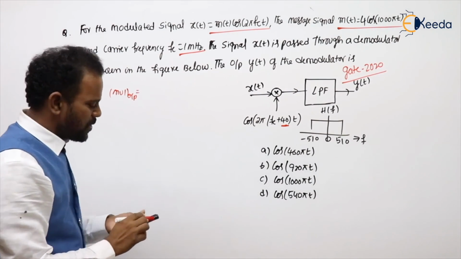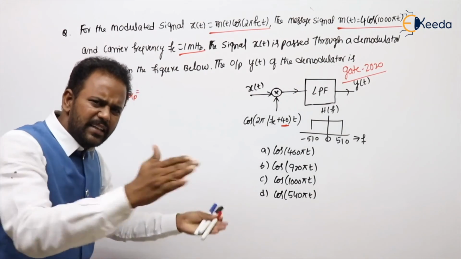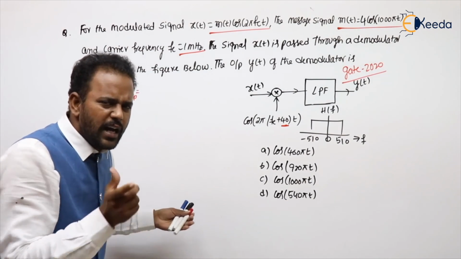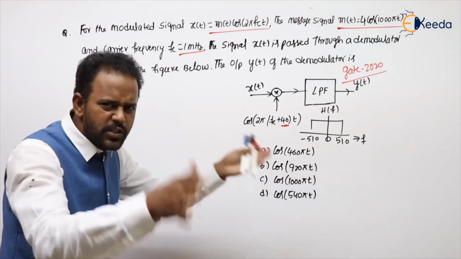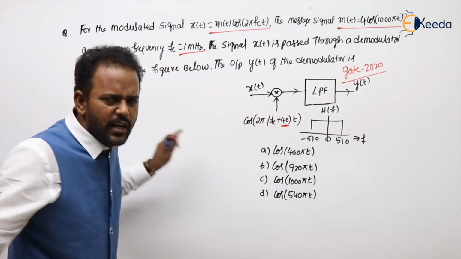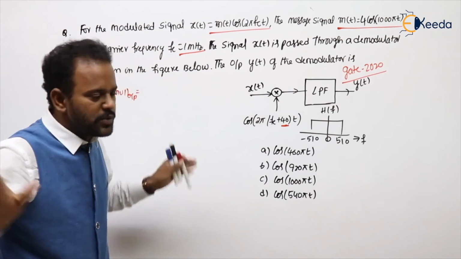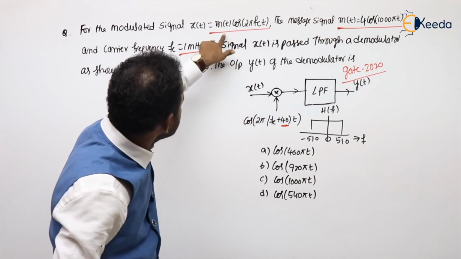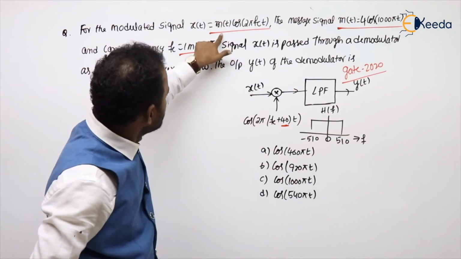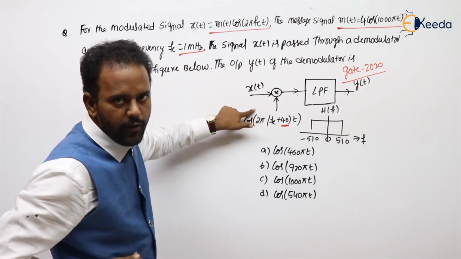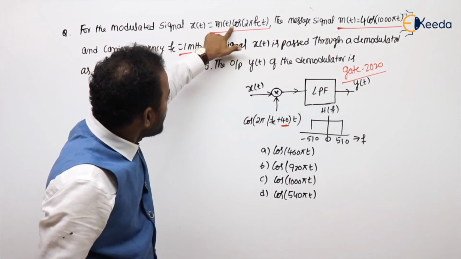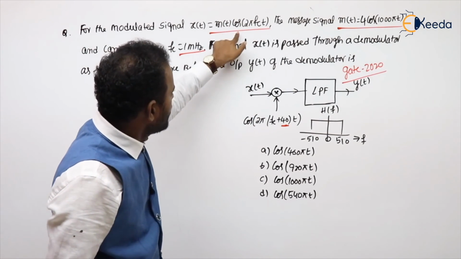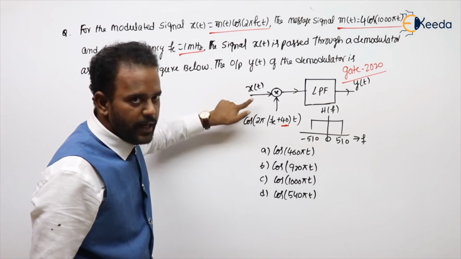Simple, try to understand. Don't write blind, lengthy expressions on the space given for rough work, and try to confuse yourself, try to waste yourself. Time wasting is an unnecessary thing. Try to see how. What is the multiplier output? This into this. Follow: cos A into cos B, of course m of t outside, cos A plus B, cos A minus B.